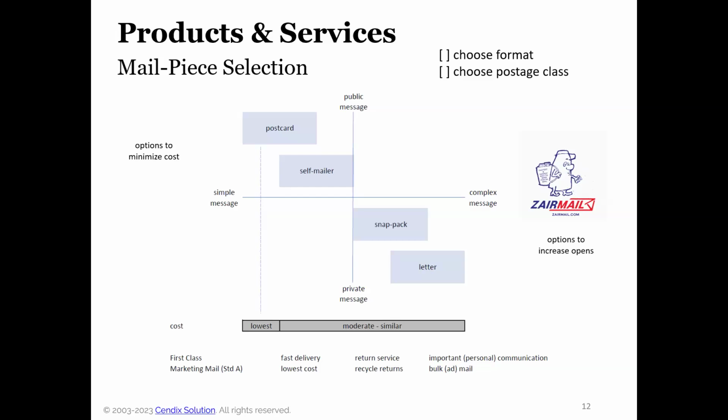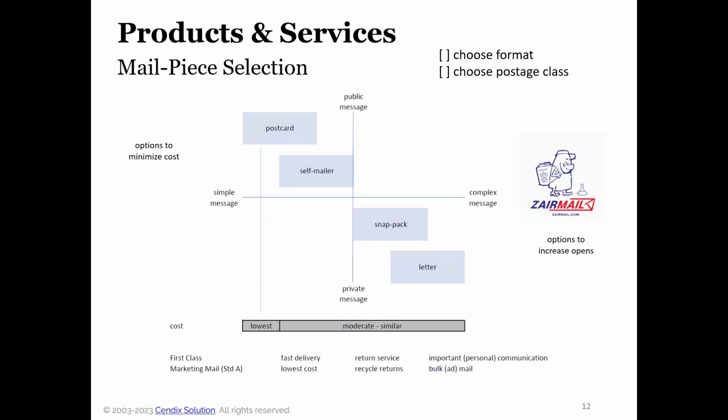If you look at the matrix here, we have a simple message versus a complex message. And then on the vertical, we have a public message versus a private message. Anything I put in a postcard is going to be like a little billboard in the mail, which is a good thing. I'm going to get an immediate impression. The only limitation is, first of all, if I have a complex message with a lot of elements to it, it may not fit on a postcard. But secondly, if I have personal information, like the example earlier of the mortgage mailer where we're calculating payments, it's more difficult to do that on a postcard, and most people don't want their personal